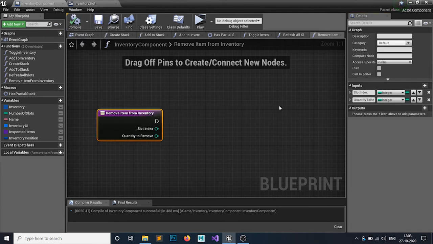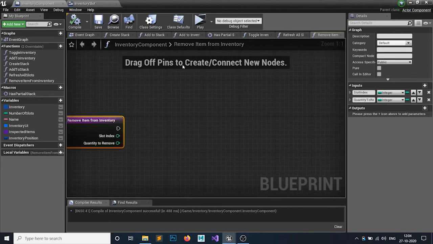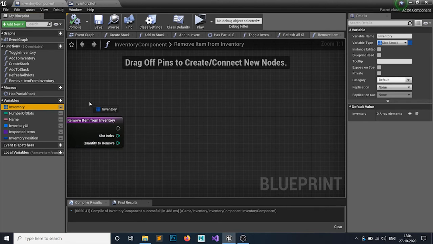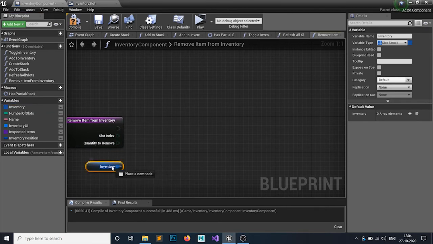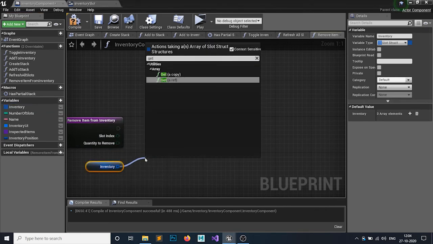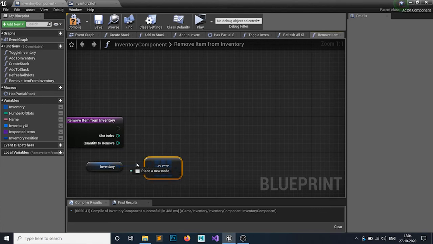So we're gonna code this here, because we don't want to code it in the slot, because then we have to reference it every time and it's more messy code. So what we want to do, grab your inventory, the inventory array. From that I'm just gonna get a copy, and the index should be the slot index, and this is the slot structure.